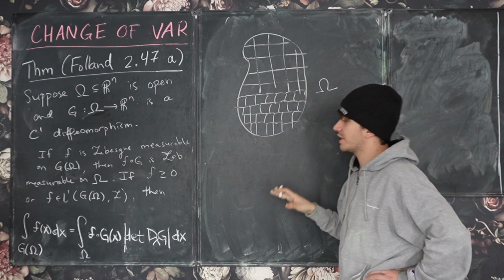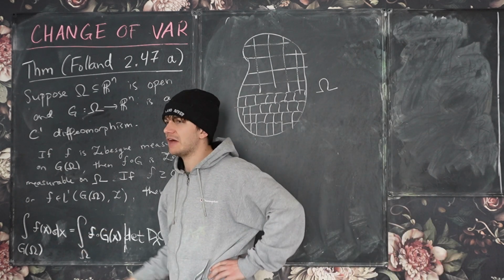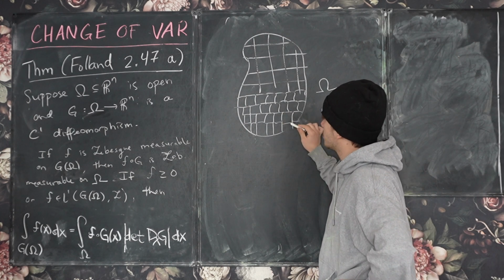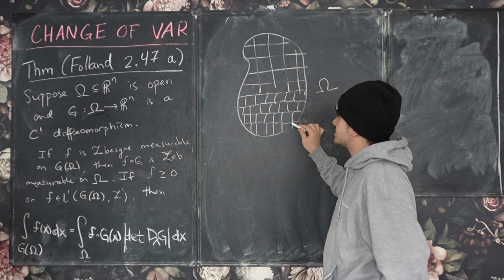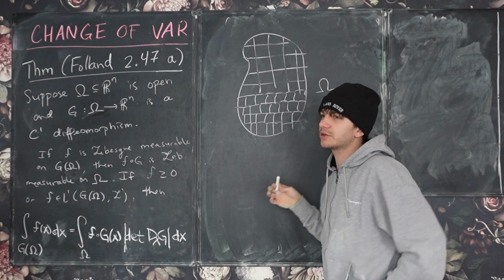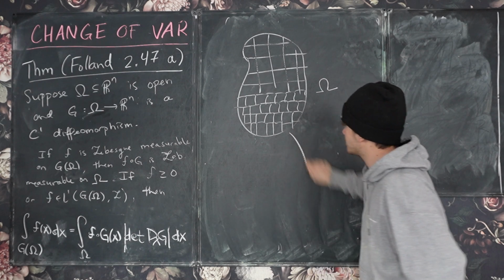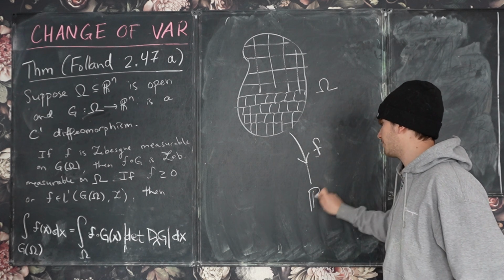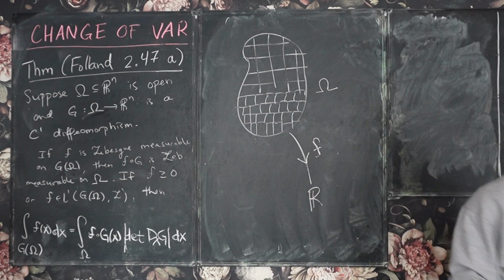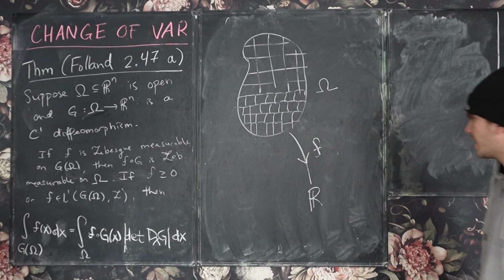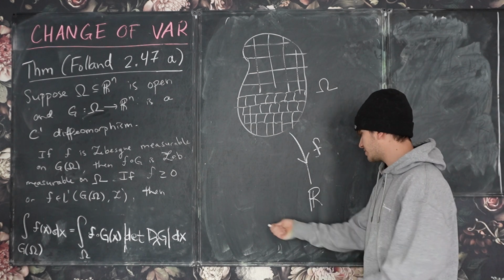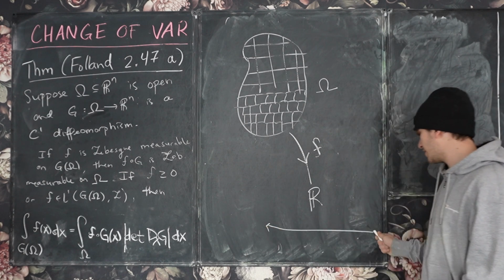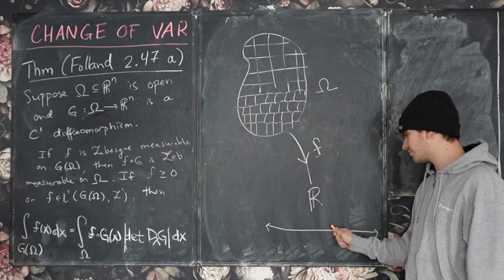And moreover, if I want to integrate f, and f is measurable, then I can do the following thing. I can basically look at the set of boxes where f is nearly some constant value. So say f takes Omega into the real numbers. Then if I look at some subinterval of the real numbers,